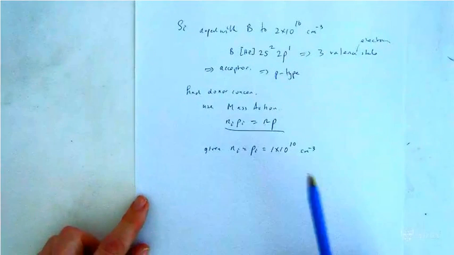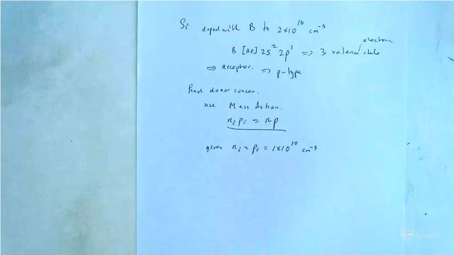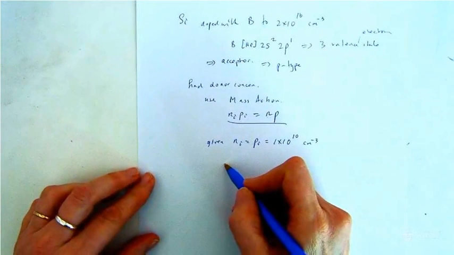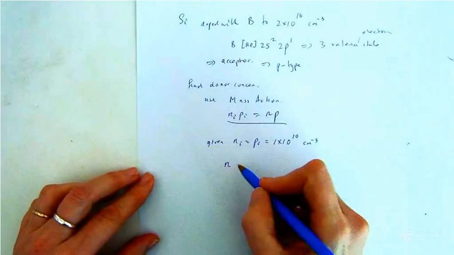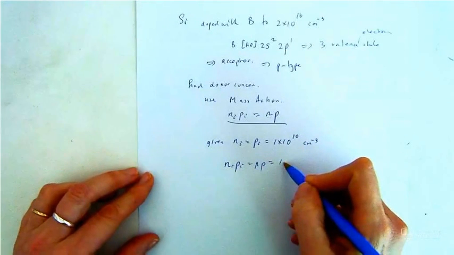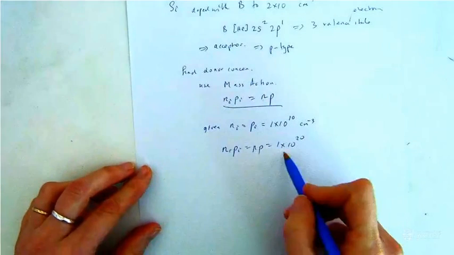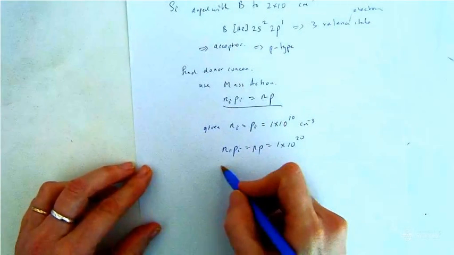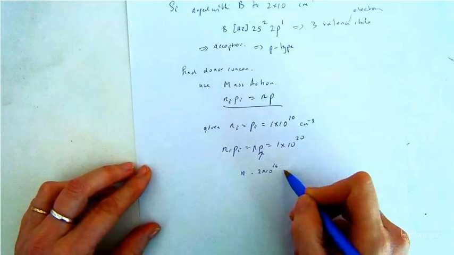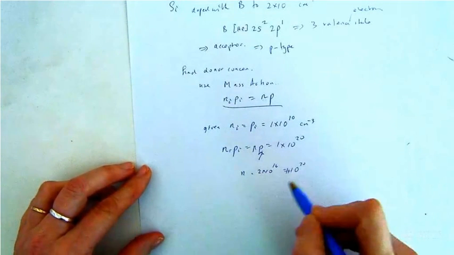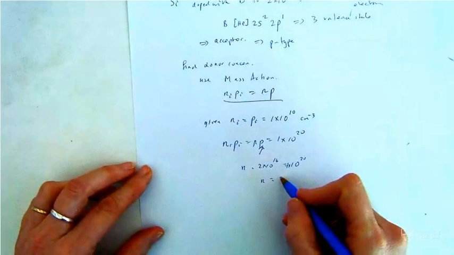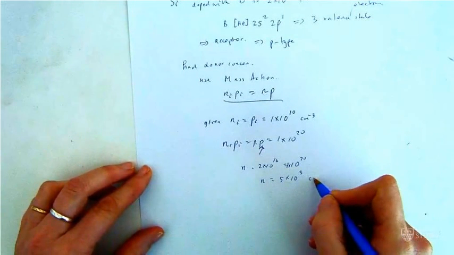You can see it's not a big number in terms of doping a material. This is not a big number. So we can just figure out N I times P equals NP, so that will equal 1 times 10 to the 20. Okay, that's just from the intrinsic squared. And we have been given P, right? So P was 2 times 10 to the 16, 1 times 10 to the 20. So we can get N is equal to 5 times 10 to the 3 centimeters cubed, which is what we